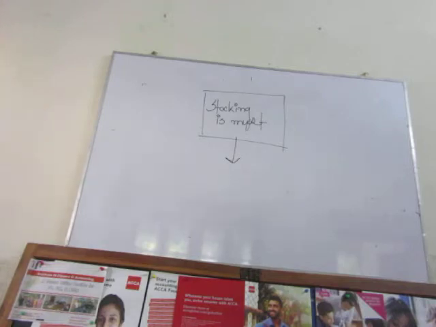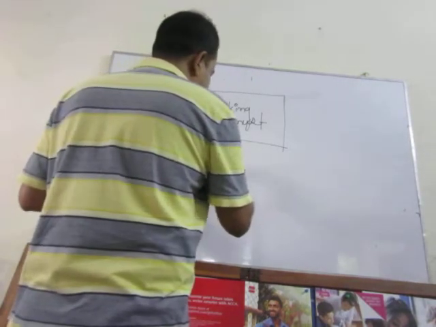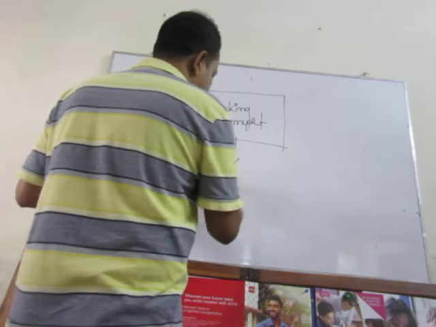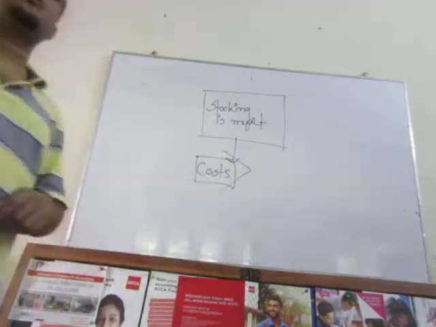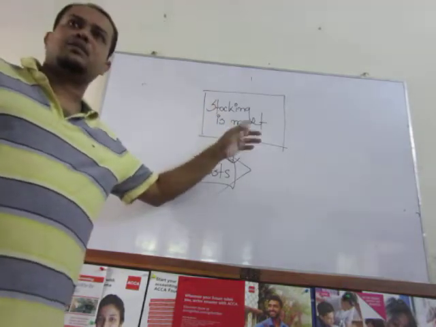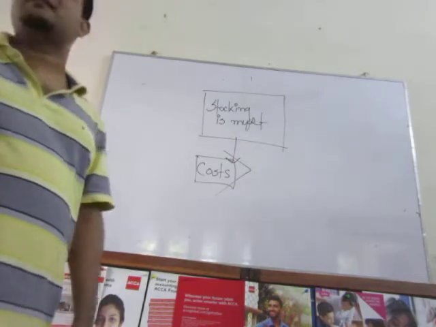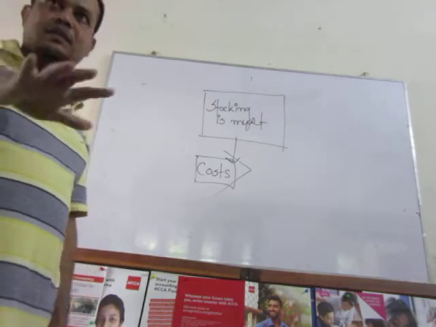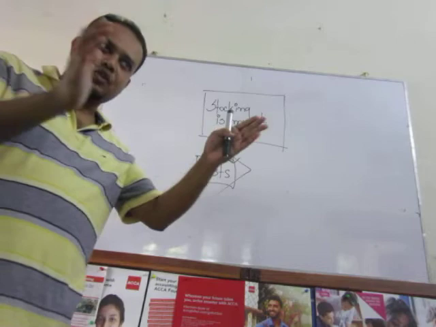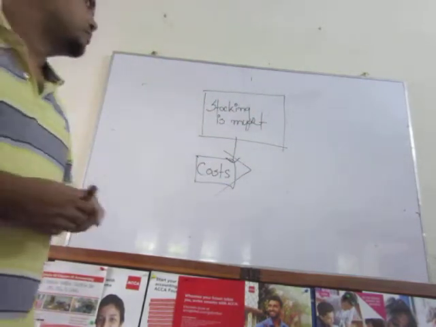And why do we have to focus on cost? Cost is there. What kinds of cost? There are normally several kinds of cost related to stocking. Stocking involves many kinds of cost, but depending upon the criteria and characteristics, we can divide those costs into two different categories, two different groups.